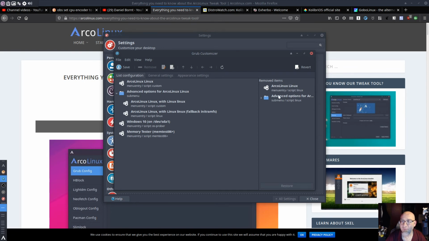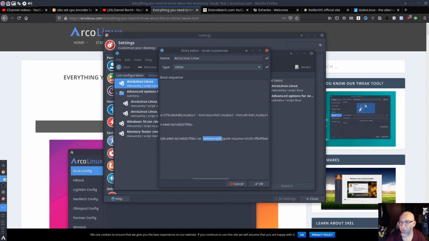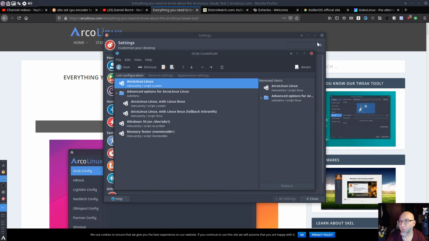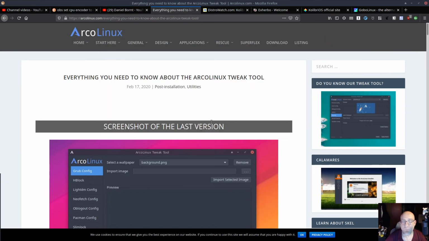So you can see I've modified my grub config so it keeps the old ones, but then if I go to one and hit edit, you can see where I put in down here, I was able to add it right in. And then it just rebuilds the grub for you out of this. So it's a really cool tool. It's got Conky. Anyway, I'm not going to do a whole thing on this right now. But that's where I am right now.